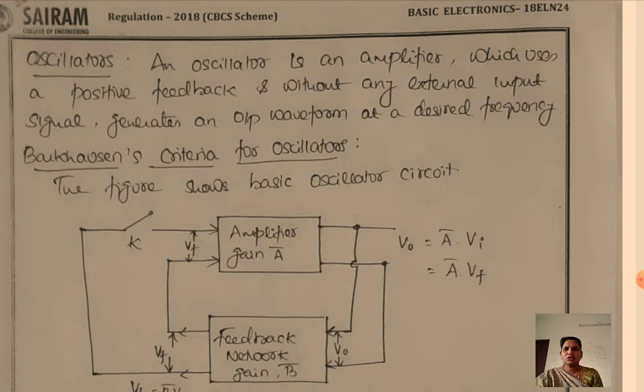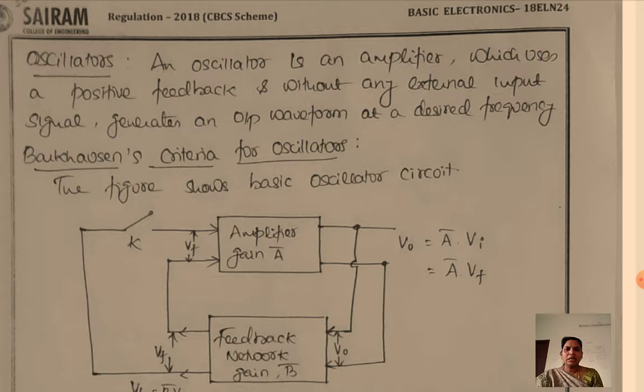In the last class, you might have studied feedback amplifiers. In the feedback amplifier, we have studied two different types: positive feedback amplifier and negative feedback amplifiers. The major application of the positive feedback amplifier is that we can use it as an oscillator. Now it is about oscillators, and we are going to study the oscillator with the help of this positive